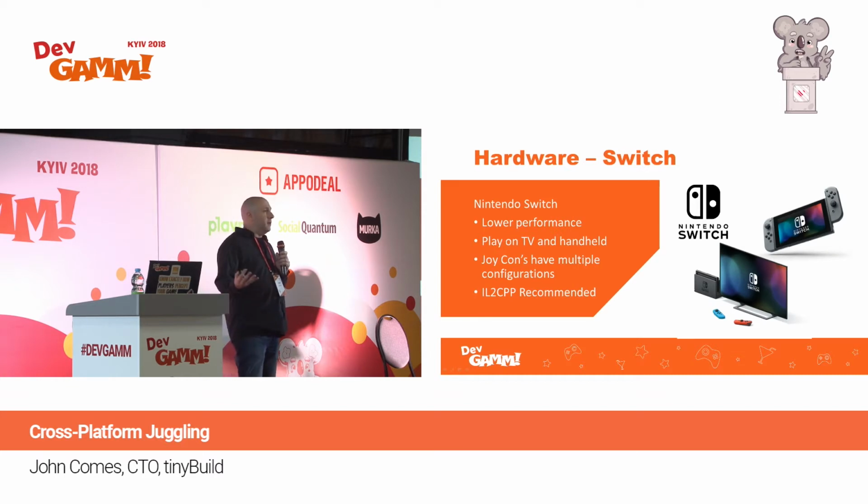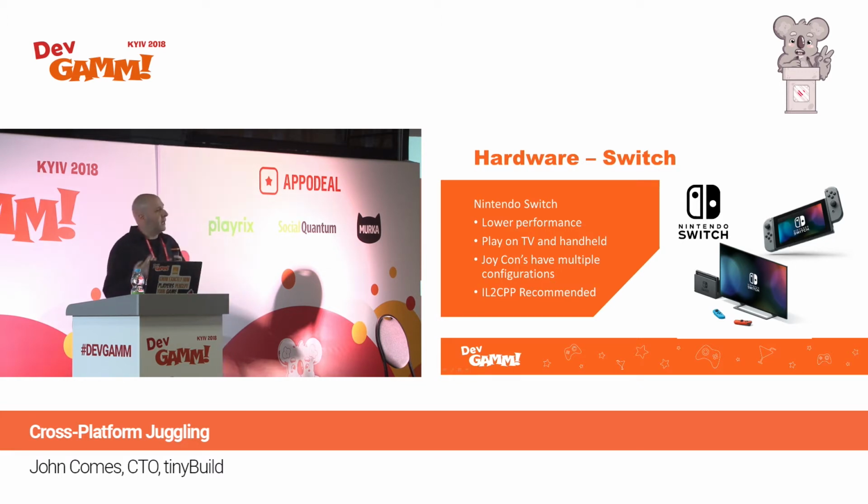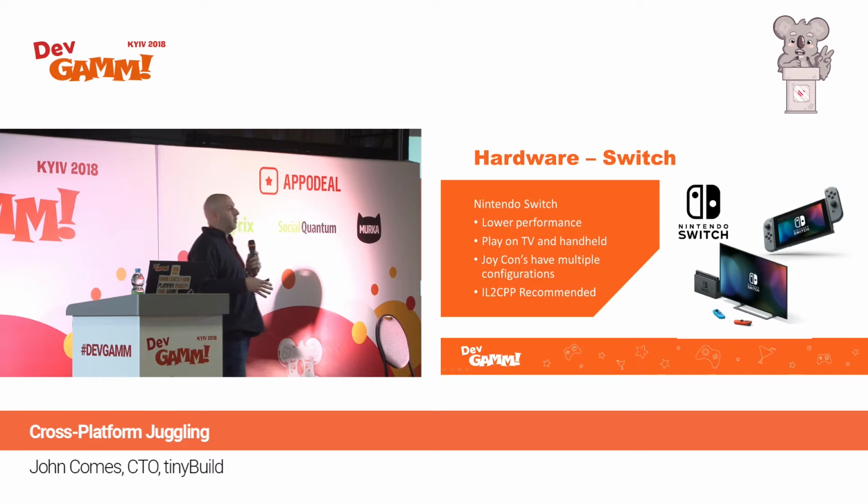Then we have the Nintendo Switch. I just read a story that the Switch has already outsold the Wii U, so it is the very popular one right now. But there's things you have to take into account on that as well. The Switch is not a very strong piece of hardware. It's a bit slower, quite a bit slower than PS4 and Xbox. If you have a game that needs high frame rate, you need to spend time making sure that you can get your game to perform on the Switch.